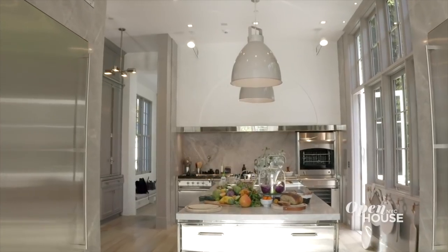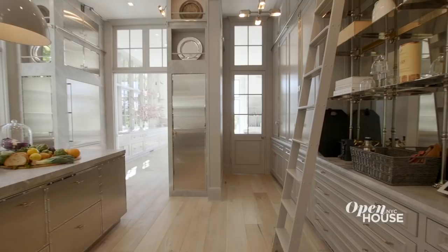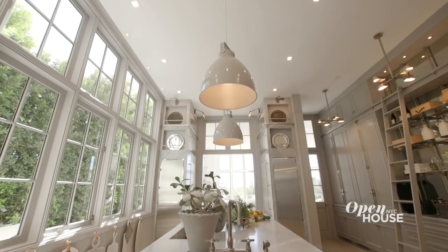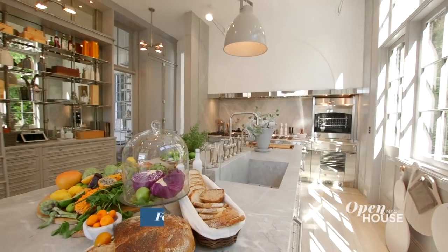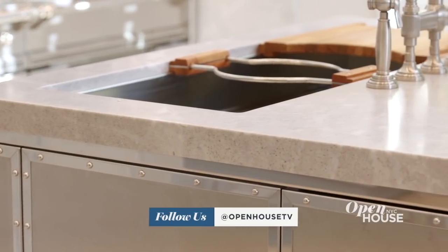In designing the chef's kitchen, I wanted it to be ergonomic and functional for a chef, but I also wanted it to be designed to where it's perfectly at home in a beautiful house like this. The center island is really a beast. I used a gray Savoy marble on the top, and it's the perfect surface, and it is the tour de